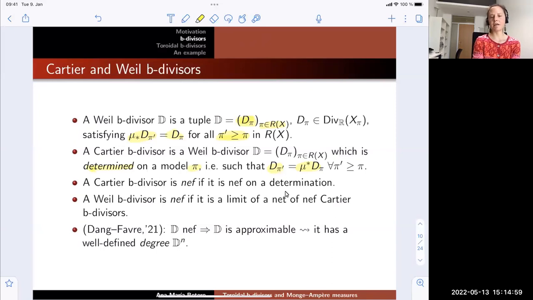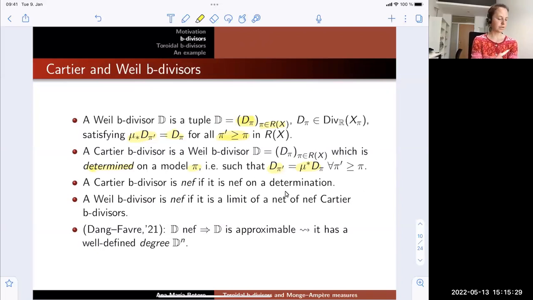And along the exceptional divisors, you can put any coefficient you want. So you have absolutely no control of the coefficients which are appearing new. So what we will want to do is to do some intersection theory. And it's some positivity assumption. And it turns out that the Neff-ness assumption is going to be a very nice positivity